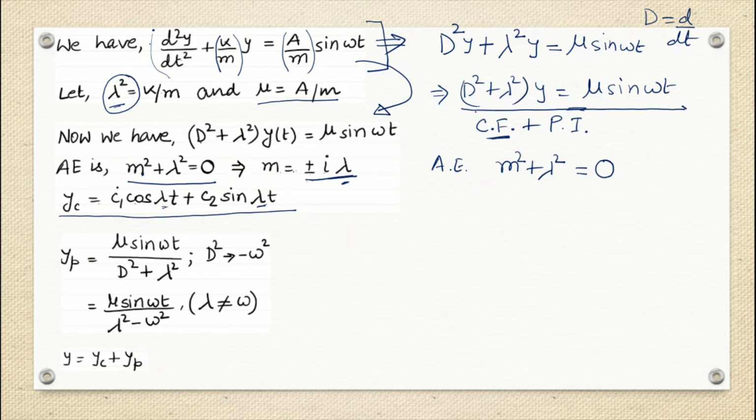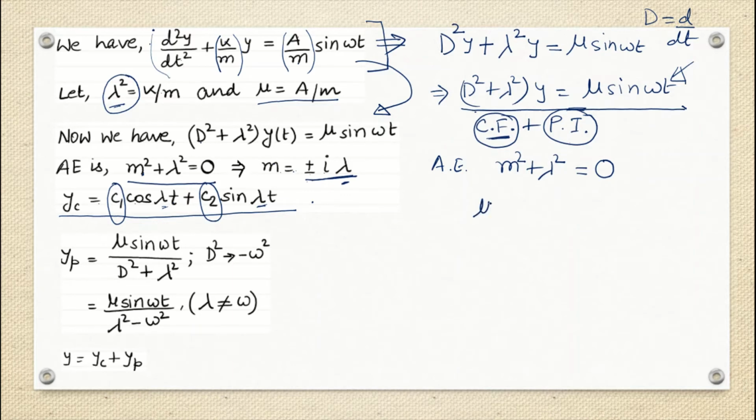So we have introduced two constants also, right? C1 and C2. In this case, we will be finding out what C1 and C2 are, maybe in terms of K, M, A, whatever, depending on how we are going to find the value. Okay, so the first step to find CF is done. Now the second step is to find my PI. If you remember, we have seen how to find PI. To find PI, we have to see what the right hand side of the equation is.